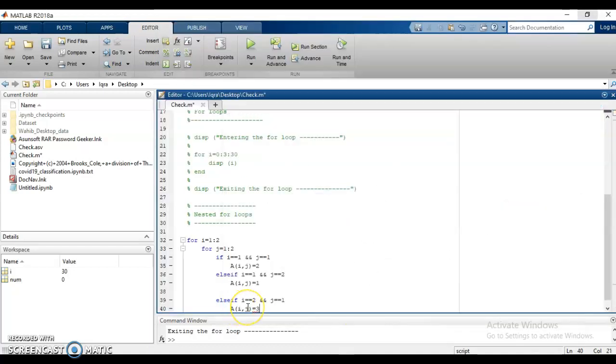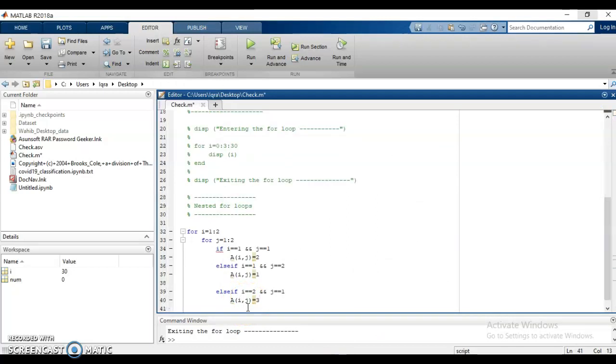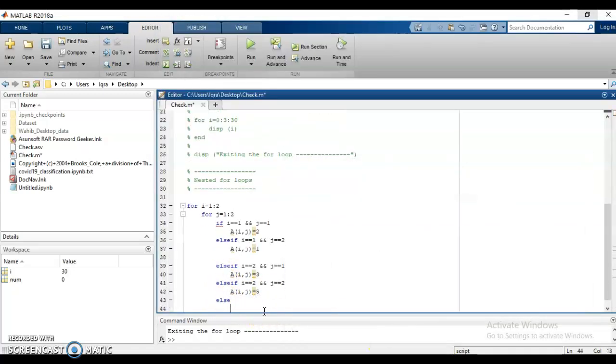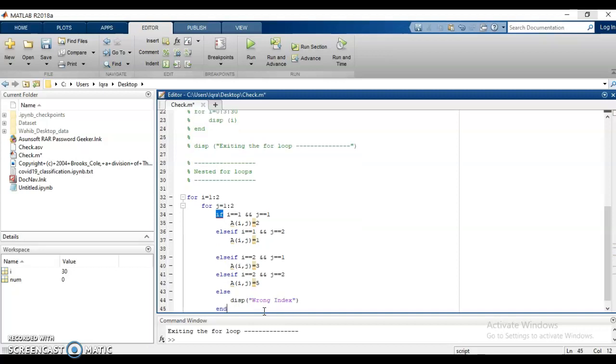We have 3 at the 2, 1 location, and else if i equal 2 and j is also equal 2, in that case we are going to put A at i, j equal to 5. I think the last value was 5. Yes. Okay, and in the else case we are simply going to display wrong index. And we are going to end the if.